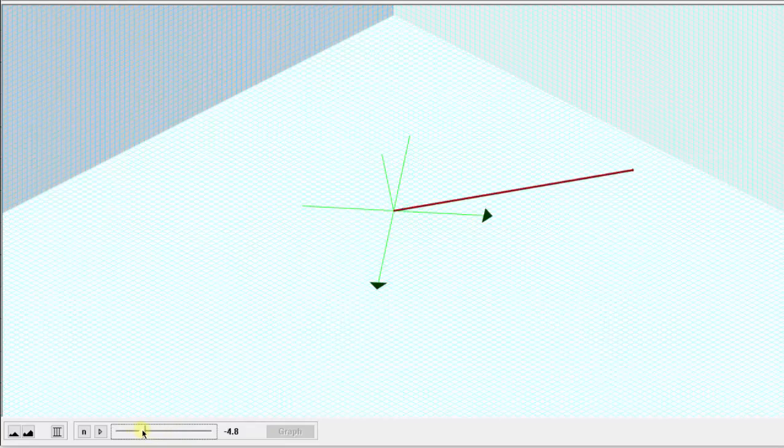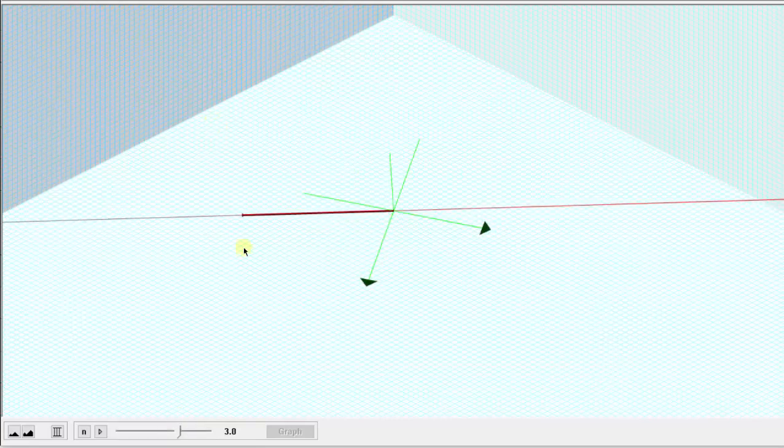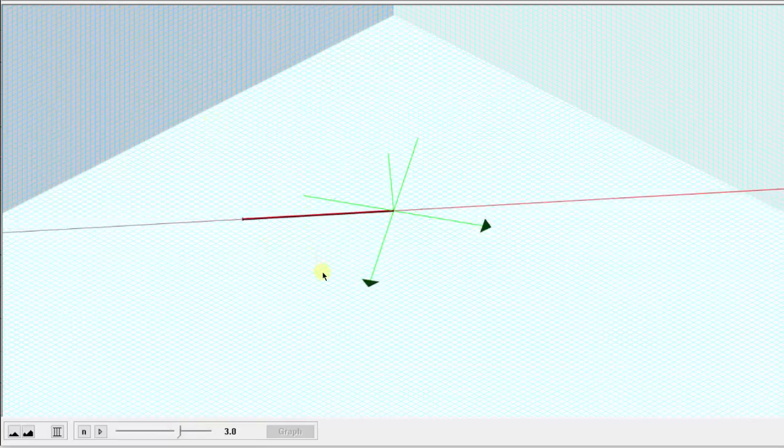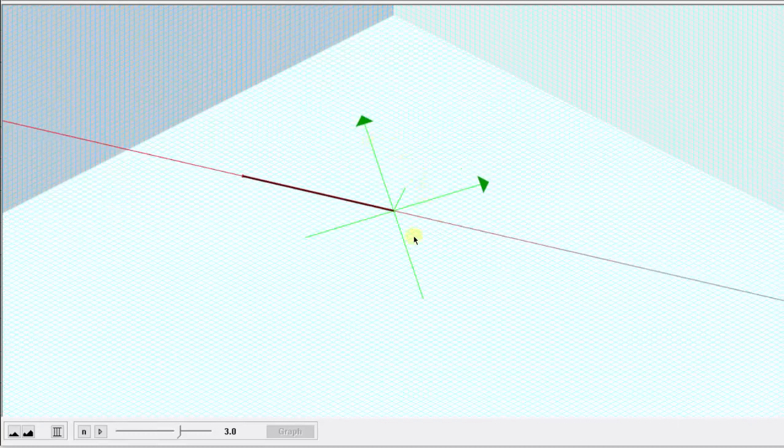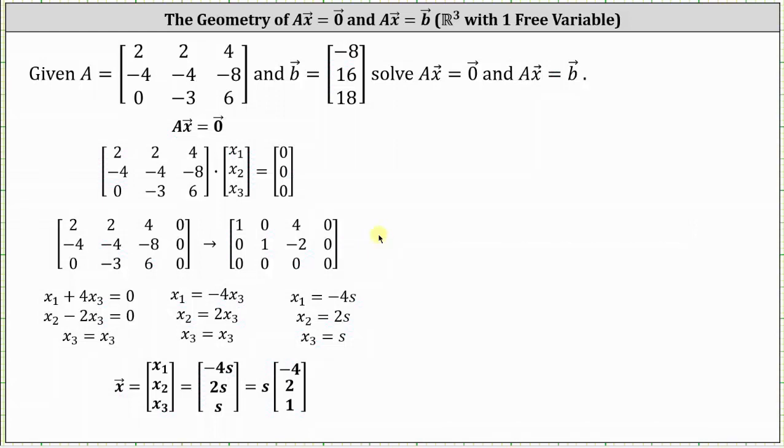Notice all these vectors or all these points fall on the same line, which would be this red line here, and notice how the red line does pass through the origin. So we can say the solutions to the homogeneous equation are all the vectors or all the points on this line, which again is a line passing through the origin. The reason the line passes through the origin is because when s is equal to 0, notice x is equal